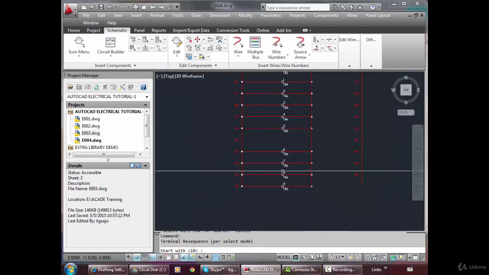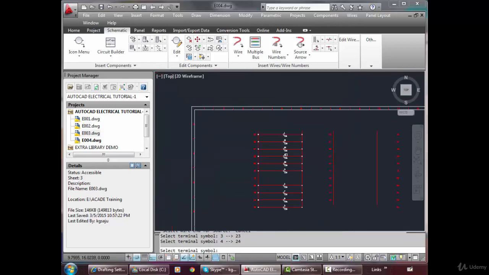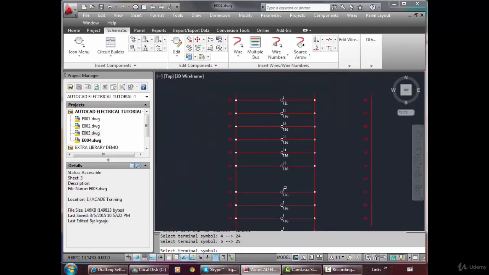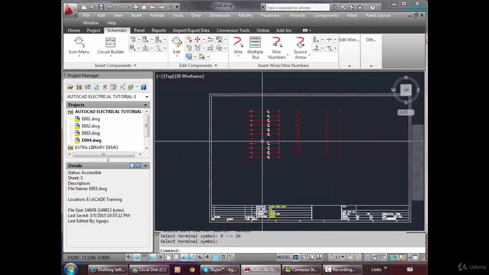Now again I want to renumber from here. Suppose I want to change it to 21, pick 21, 22, 23, 24, 25, 26, 27. This way also you can change the renumbering.